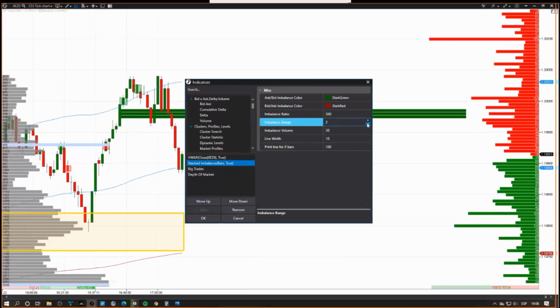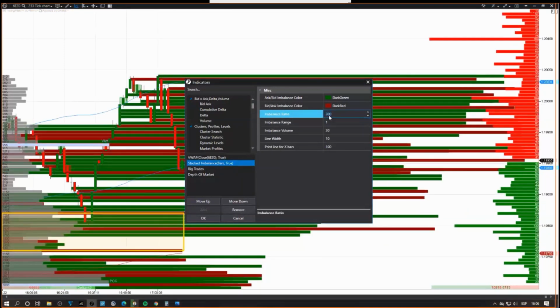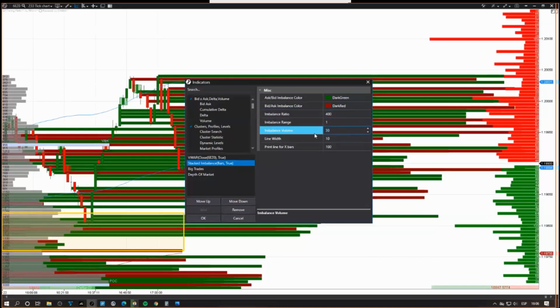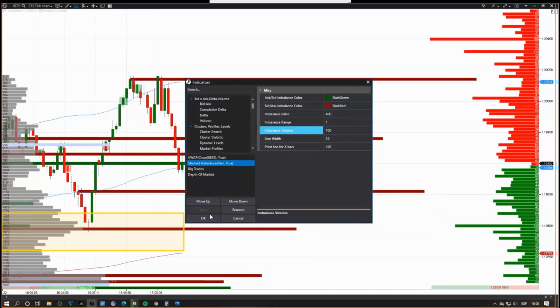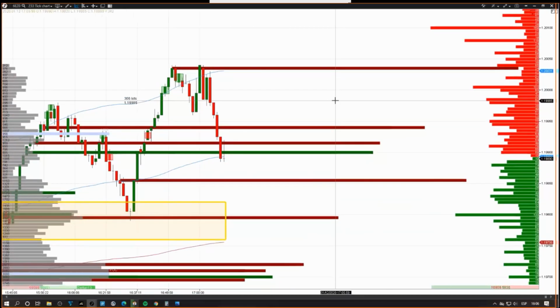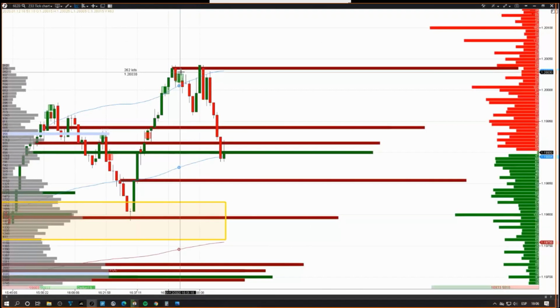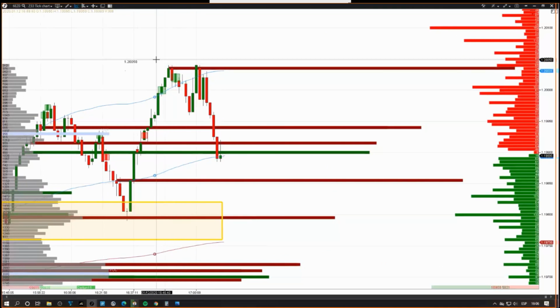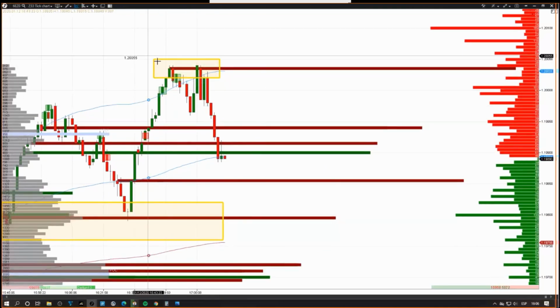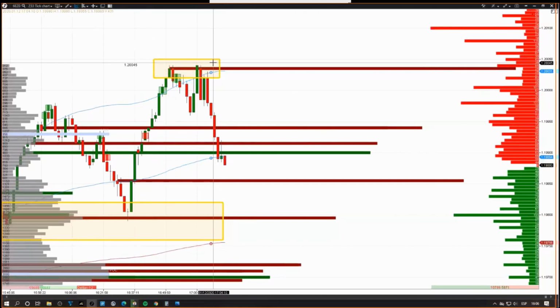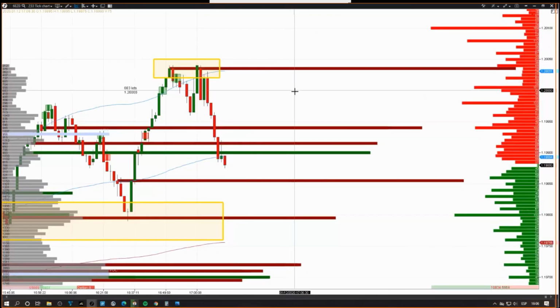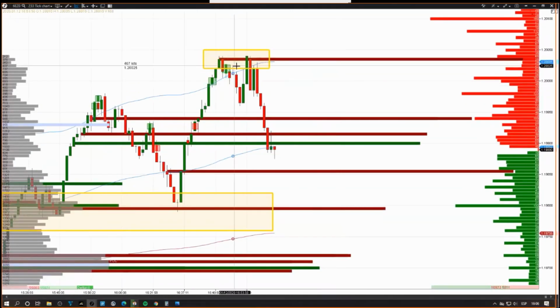You can put one range and increase the imbalance ratio, let's say to 400%, and add a volume filter, so it will only show us the big imbalances. Here, for example, this is a very nice setting on the top, because it's a sell imbalance, since it's red, and it's right at the top and the price could not move higher from here. So this is a perfect indicator for selling, for going short. And you can see how the price just moved down here.